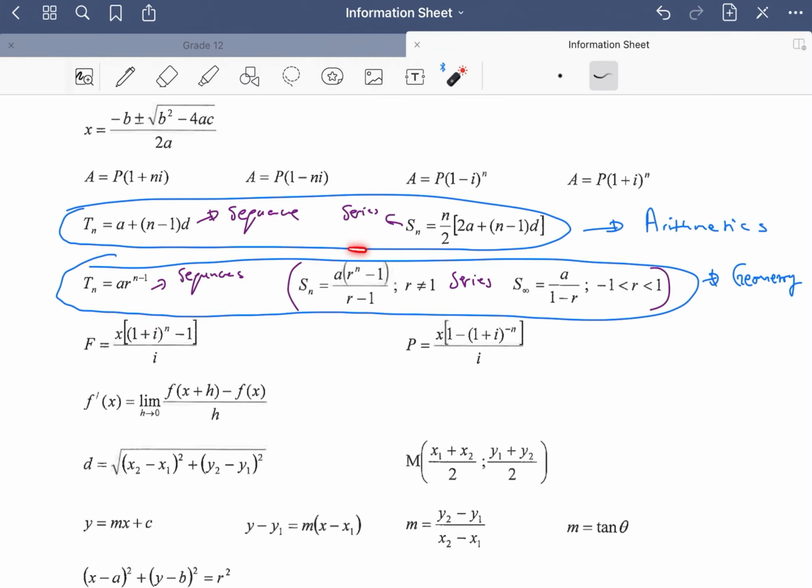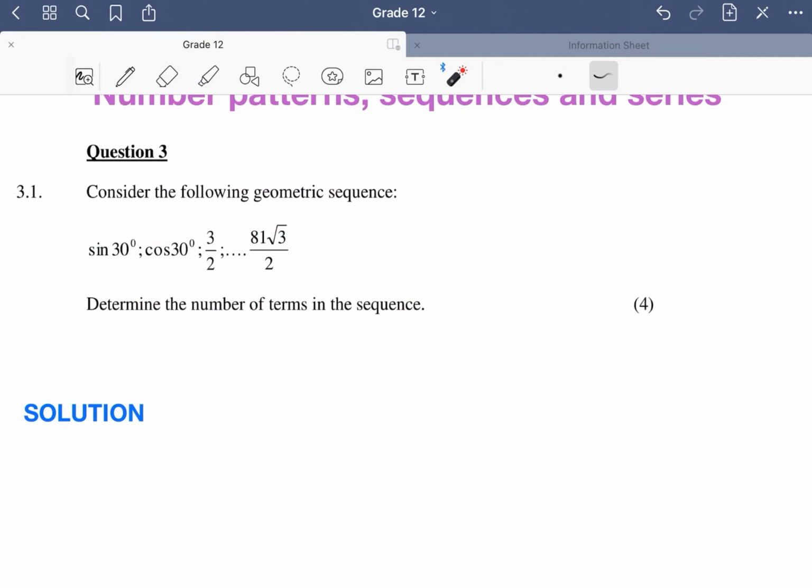With geometry, there are 2 formulas you need to remember depending on your r. We're going to talk about what r is. So if r is not equal to 1, you can use this one. If r is between -1 and 1, you can use this one. So there are 2 formulas for series that you can use. So basically what we're saying is